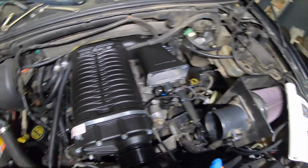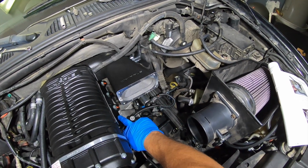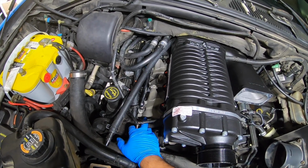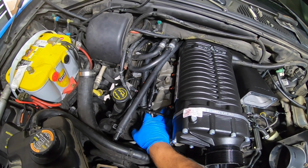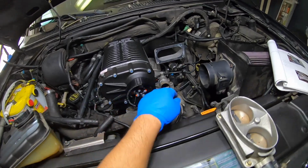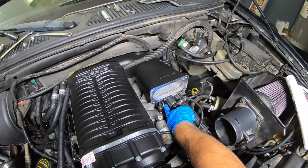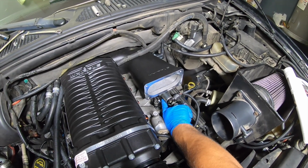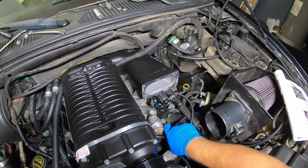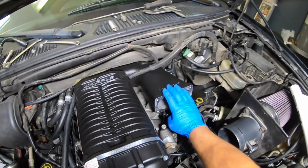Okay, one thing I want to mention is before you install this supercharger and the intercooler adapter plate, make sure you install the alternator positive cable. Okay, because once you put this plate, you won't be able to do that. You see, maybe you guys can tell, but it's over there in the bottom. Okay, and another thing, the coil relocation. It's gonna come with a little bracket. Install that before the injectors, because if not, it's gonna be a pain in the ass. I had to do that after, because I couldn't tell where to lock it. So I had to do that after. It wasn't too bad, but it makes it a lot easier if you install it before this supercharger and the